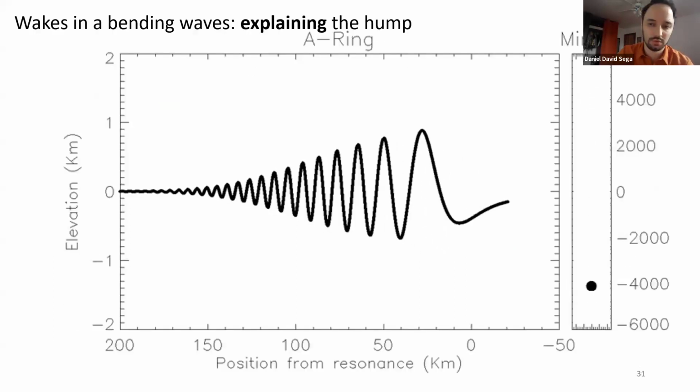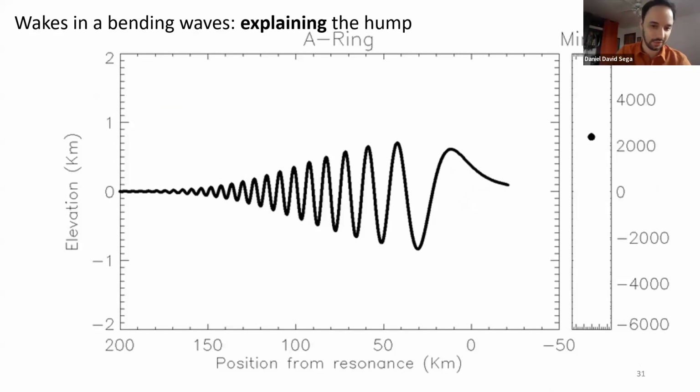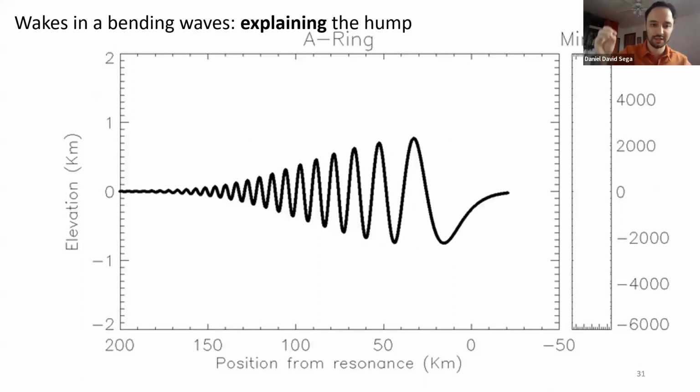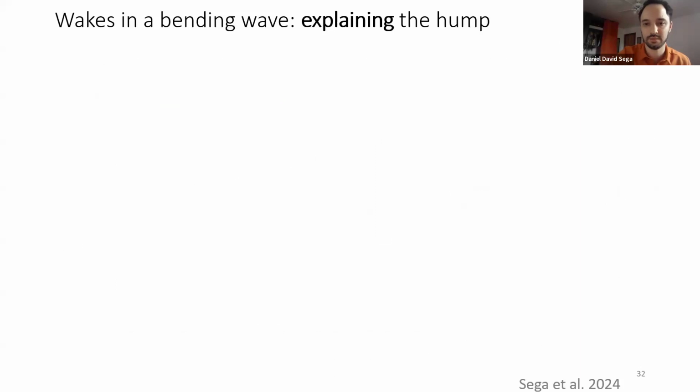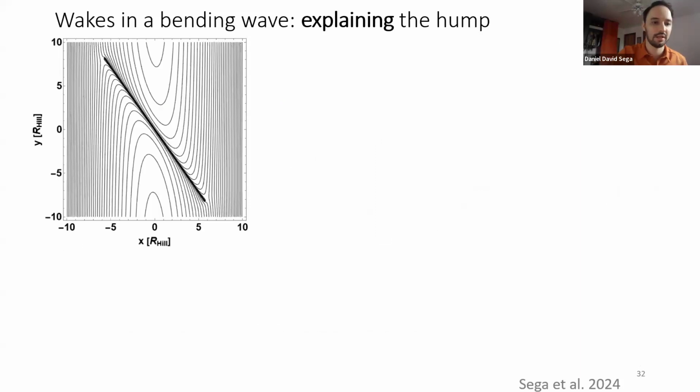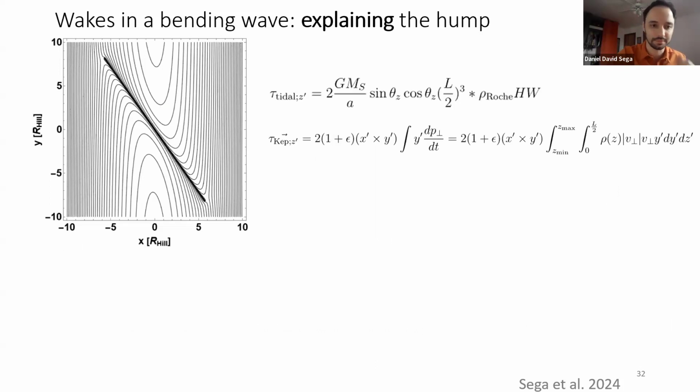So back to bending waves. Now we're going to insert the zero gravity waves in the system. And we do that by first drawing the zero velocity curves of the zero gravity wave. So we have to compute all of the collisions I just mentioned. We're doing that numerically by using the Hill problem, right? So here is the Hill problem for the wake, where the wake is this black thing.